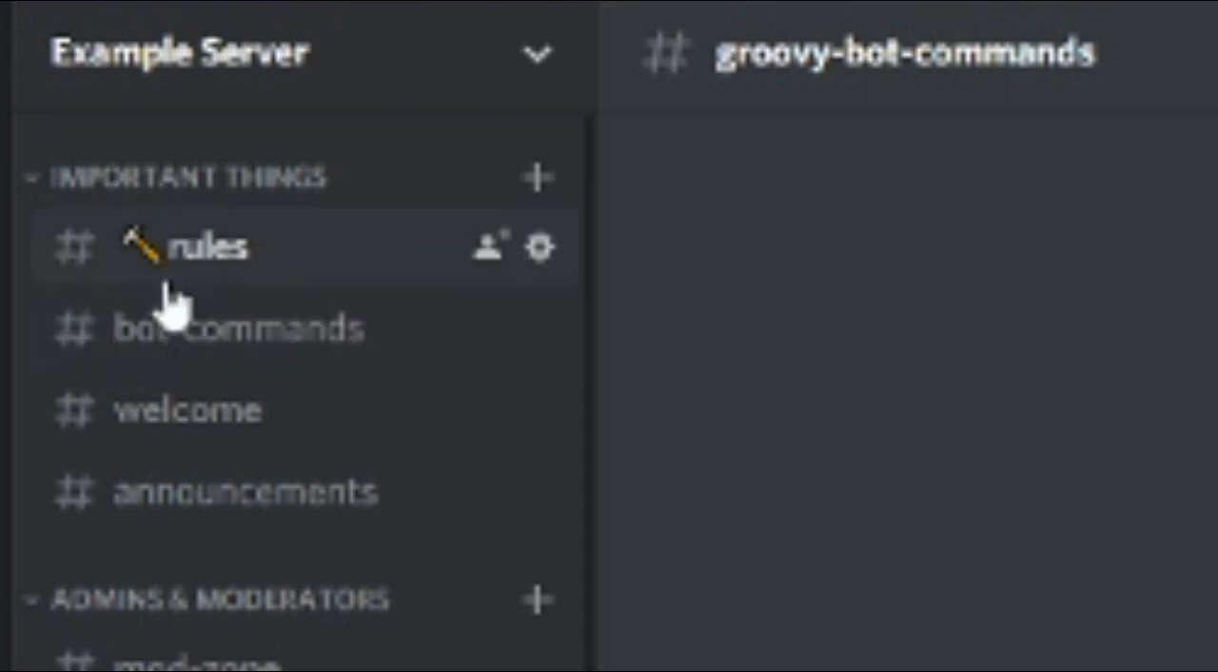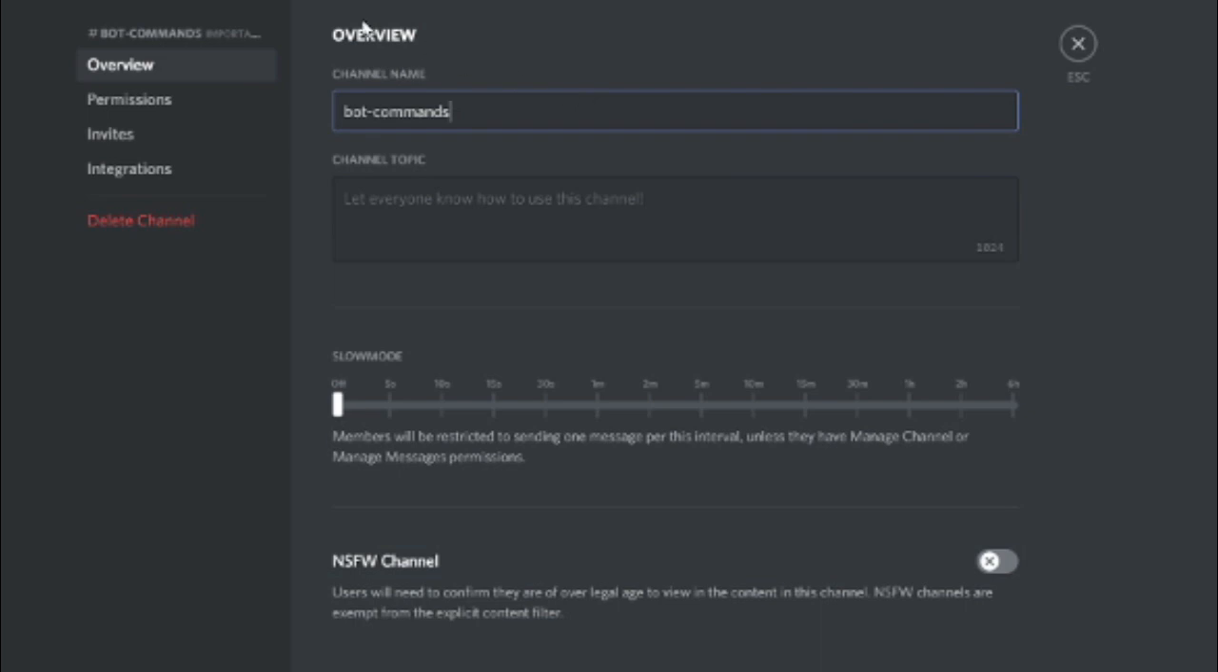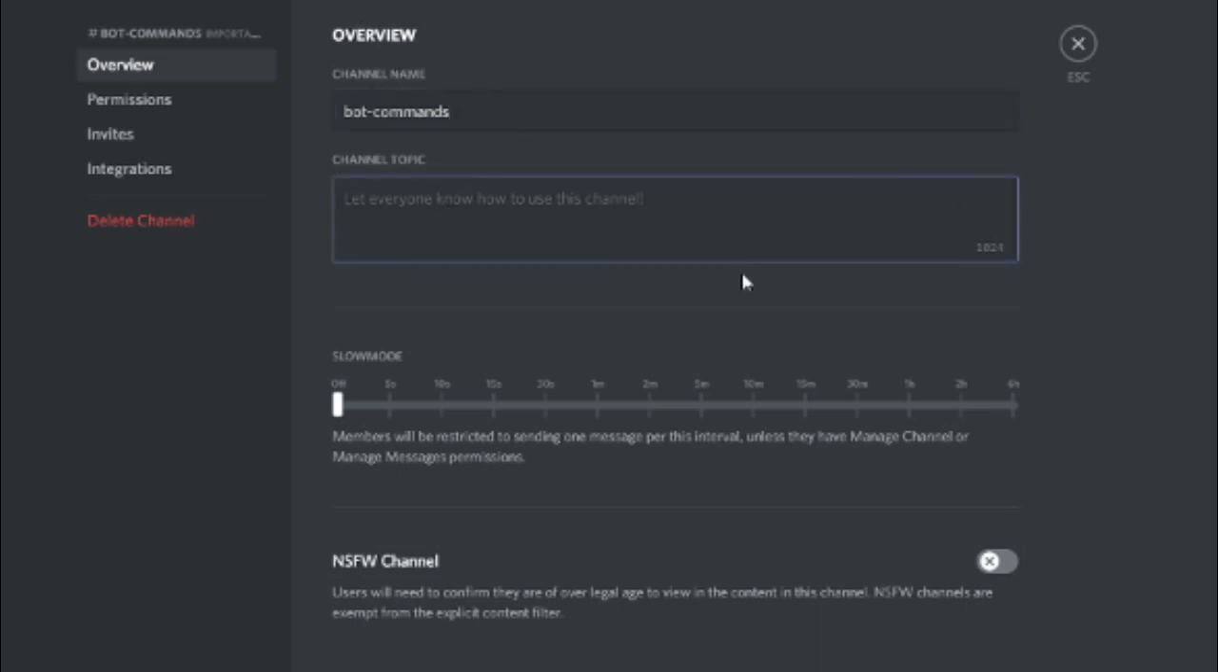So if you want to add these little emojis, the first thing you're going to want to do is go to one of your channels. And as you can see on the right hand side of that channel, you have a little gear here that says edit channel. So we're going to select that. Once you select that, you have an overview of the channel, you have your channel name, you can put your channel topic in to describe the channel, like what's it used for. For this one, it's bot